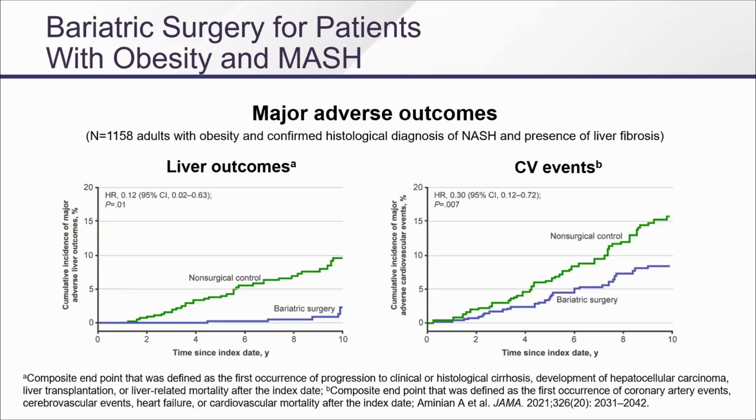And you can see that there is data showing that people who have bariatric surgery have both improvement in their liver outcomes and their cardiovascular outcomes. And actually, the impact on their liver outcomes is even better than their outcome from a cardiovascular risk reduction. And so if you have someone who has stage 3 fibrosis and is morbidly obese, BMI in the 50 range, I think bariatric surgery before they develop cirrhosis and have a contraindication may be your best first bet.